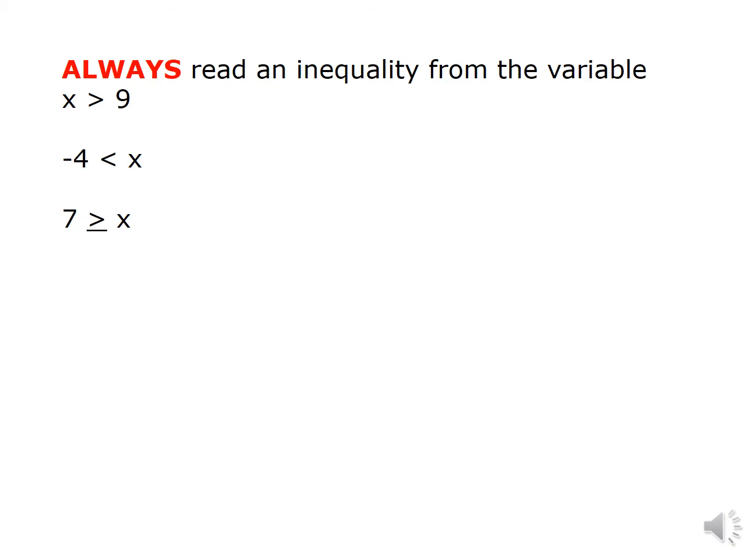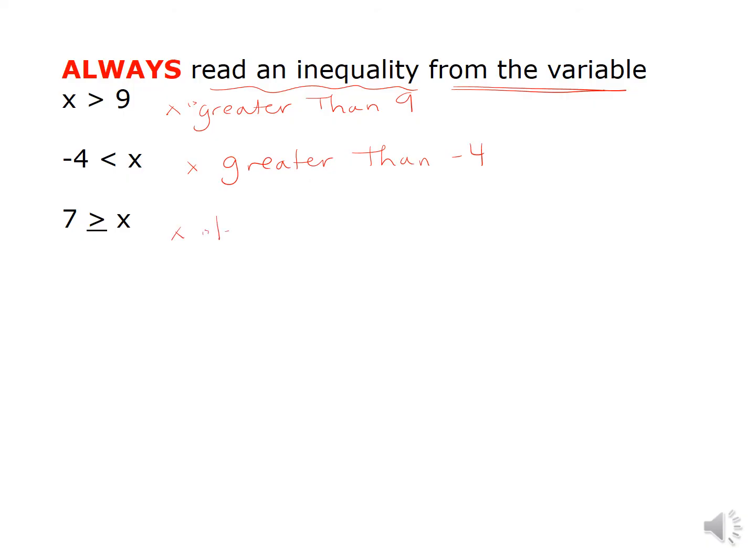This next part is crucial because this is what messes up a lot of people. You always read an inequality from the variable. So if I was reading this one, the first one, it would be x is greater than 9. Okay, this one is x, read it from the x, is greater than negative 4. And I should have said "is" there, but I'm just abbreviating. This one would be read, x is less than, and I also have this symbol, or equal to